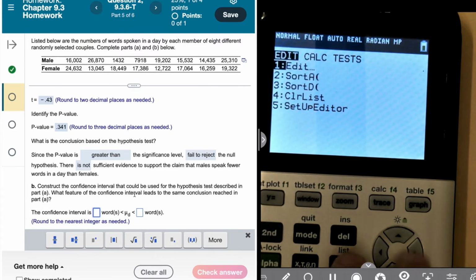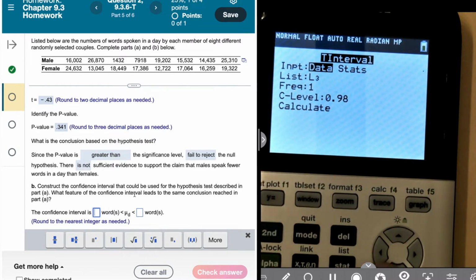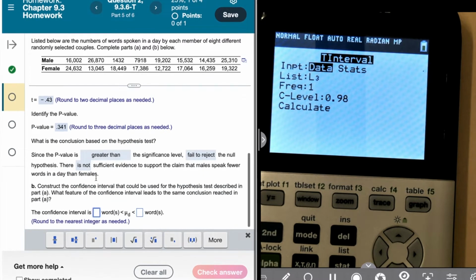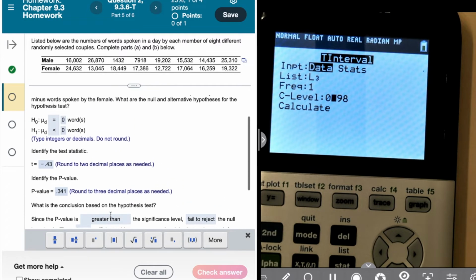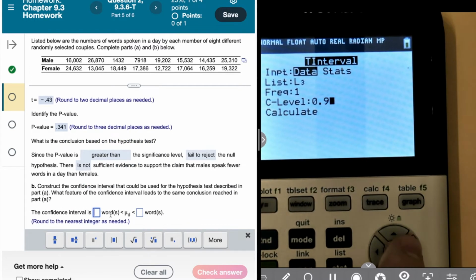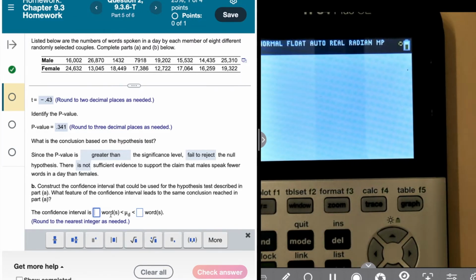All right. Now, what's the confidence interval? Well, let's see here. We can go to stat. We can calculate a t interval, just a single interval. Again, from data, we're doing L3, frequency is 1, and let's see here. This time our confidence level, it is one-sided, doing 0.05 significance. I want to say that in this matched pairs test, I guess we'll follow the rule from before. This is one-sided, so we should double that amount. Let's see if that's true,